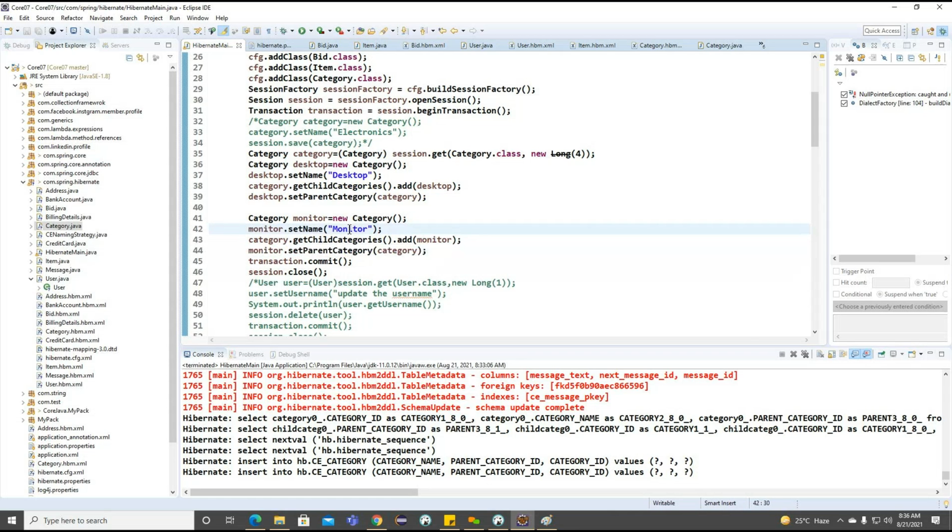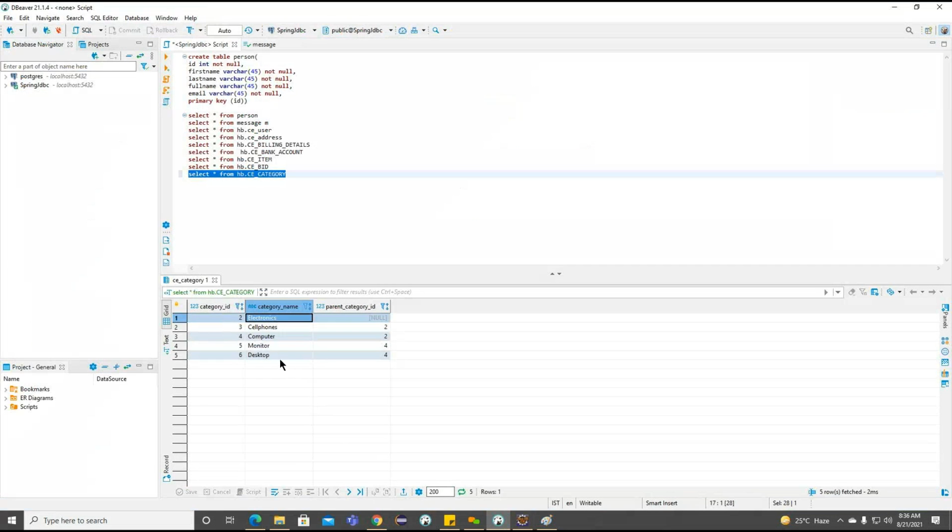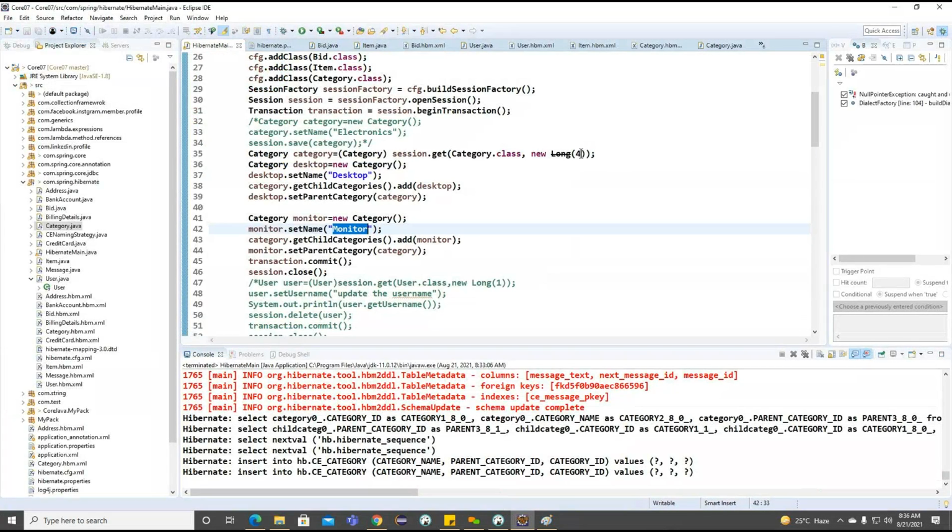So for example, for this particular, we can go for the monitor. Okay, let's see what is the monitor we are having. 5. I want to change here 5 here, and we're loading category object with the session.